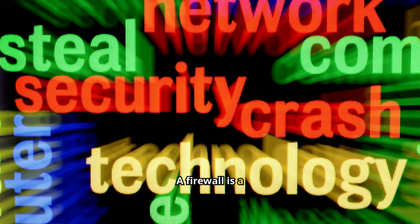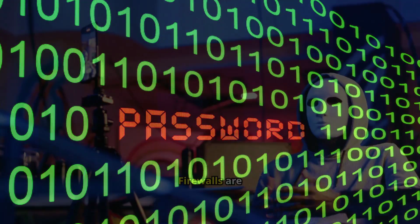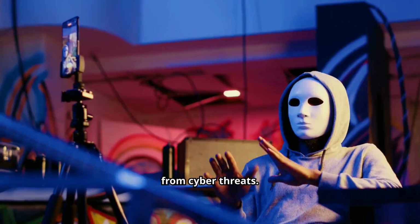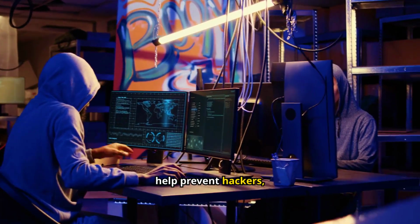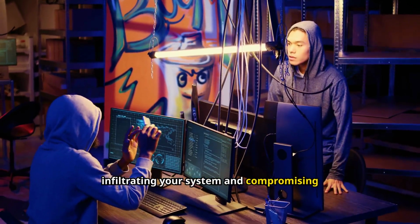A firewall is a network security device that monitors and controls incoming and outgoing traffic. It acts as a barrier between your internal network and external sources, such as the internet, effectively filtering out potential threats. Firewalls are essential for protecting your computer from cyber threats. By blocking unauthorized access, they help prevent hackers, malware, and other malicious entities from infiltrating your system and compromising your